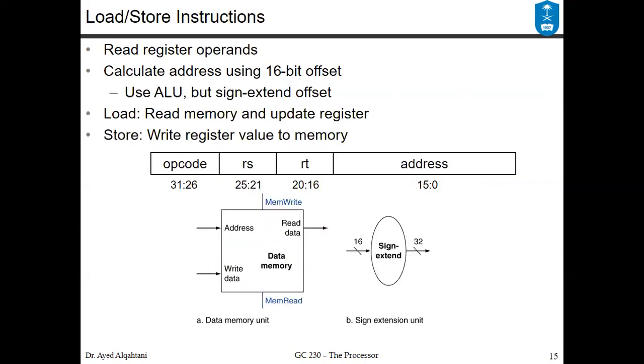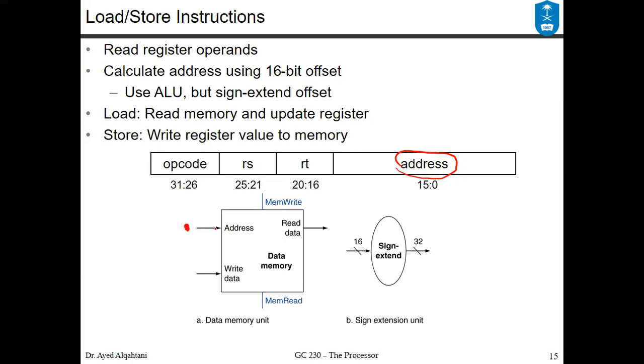Now, for load and store instructions, you need to deal with the data memory. So you read the register operands. There is a source register for the base, and you need to add to it the displacement or the offset. So you have the base register, you add to that the offset, and this is the job of the ALU. And once you are ready, the ALU gives you the result, the addition result,